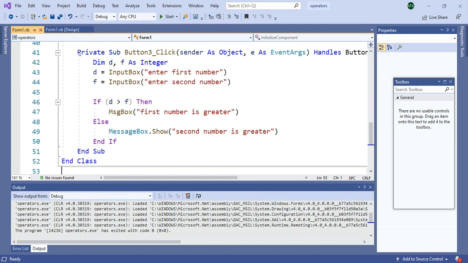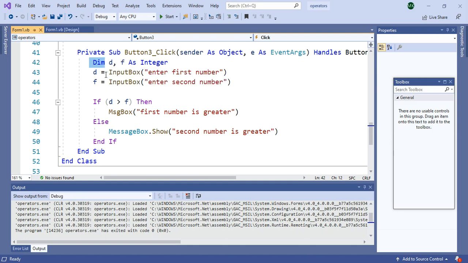Now in VB.NET, how to declare a variable? This is the declaration of variables. How to declare a variable? Using the Dim keyword. Dim is used for declaring and assigning a memory location to those variables. Variable names are given just next to the Dim keyword.